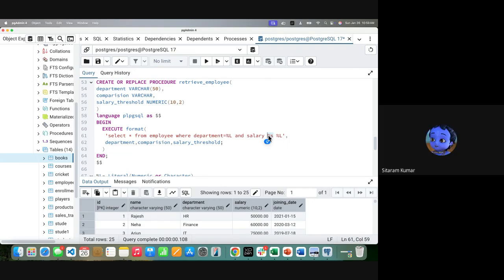No, see, here you wrote where department equal to %L, right? In the same way, for salary you are writing salary, right? She's asking where the salary threshold is supposed to be. The salary threshold is this now. No, she's asking whether the field name needs to be mentioned here or not. Which field name are you asking? The comparison one. What you have written down for comparison is this, right? This is it. What is the problem in this? I don't understand.